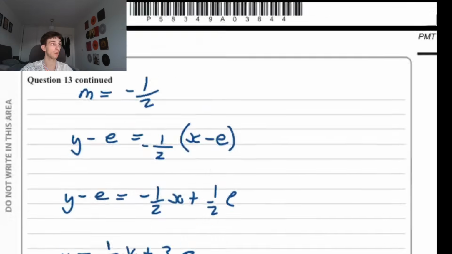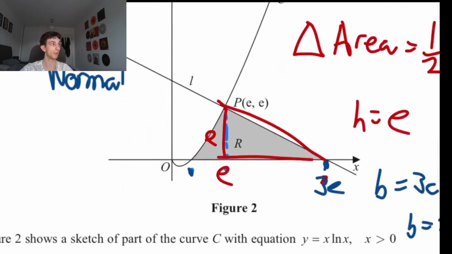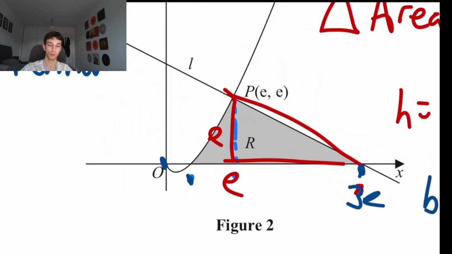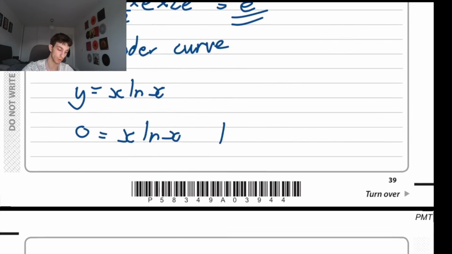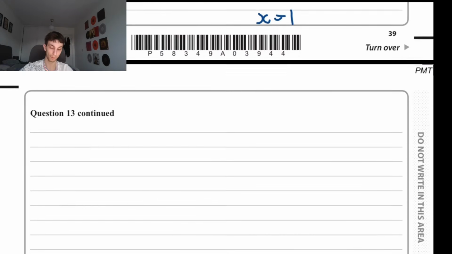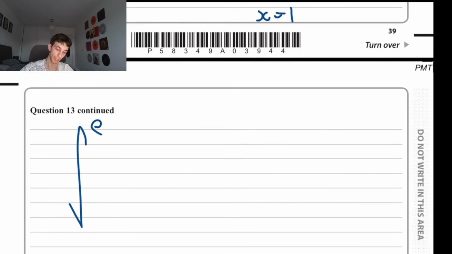Now remember, look back at our graph. We do not care about the solution x equals 0. This is not the lower limit. We care about the other solution, which is when ln x equals 0. Taking e of both sides, we have x equals e to the power of 0. Therefore, x equals 1. Okay, now we can set up our integral: the definite integral, upper limit e, lower limit 1, of x ln x,